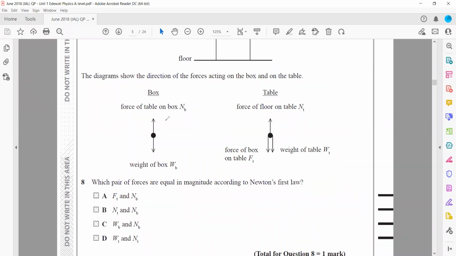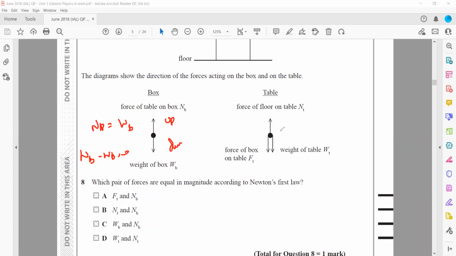If there is no resultant force, the upward force should be equal to the downward force. The upward force is NB and the downward force is WB. Or I can say NB minus WB should be equal to 0. Or when I write for the table,